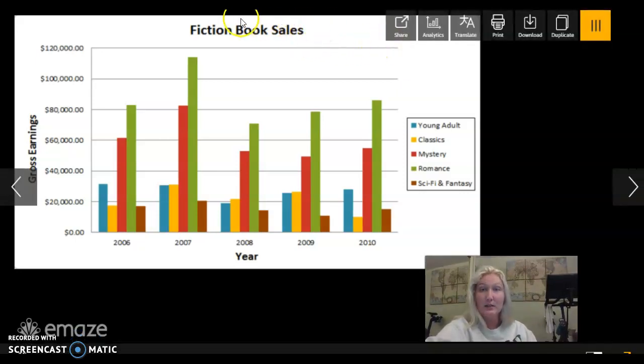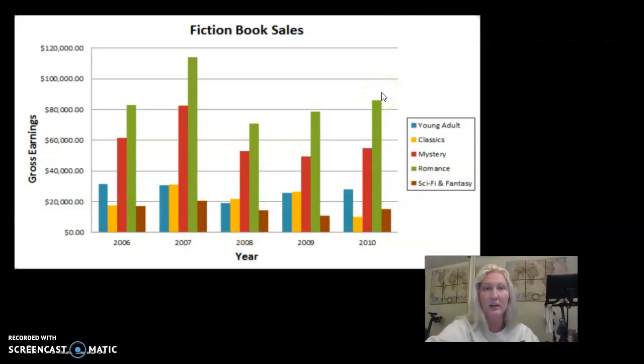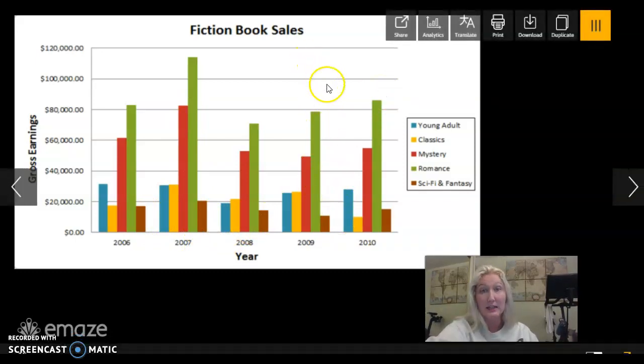So if we're reading this, we have our title, Fiction Book Sales, and then everything's labeled, same thing. Now this is money over here, but it's about how much money was made from selling fiction books. We've talked about these in class. Now our key shows we have 5 categories for each year listed below, and each category has a different color, okay? This is what I'm talking about with a little bit more intense data, a little bit more complex, but still easy to navigate because of the bar